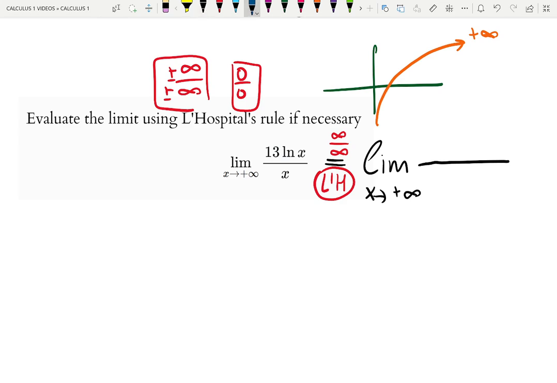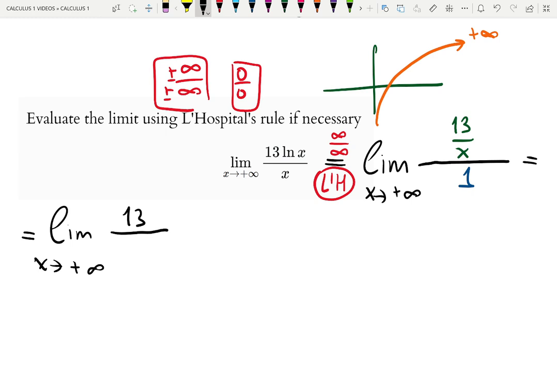Okay, the derivative of x is simple, that's just 1. The derivative of 13 ln x, hopefully you remember, will give me 13 over x. Let's simplify carefully. It will give me the limit as x approaches plus infinity, 13 stays in the numerator, x goes down to the denominator, 1 is still in the denominator, I don't have to write it down. Now, as x approaches plus infinity, 13 over x shrinks to 0,